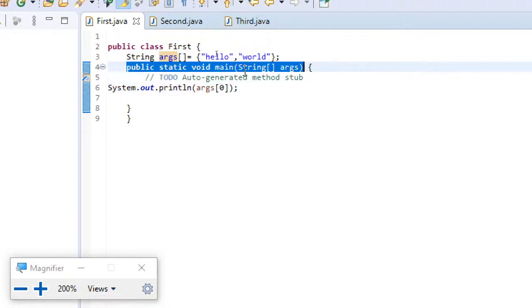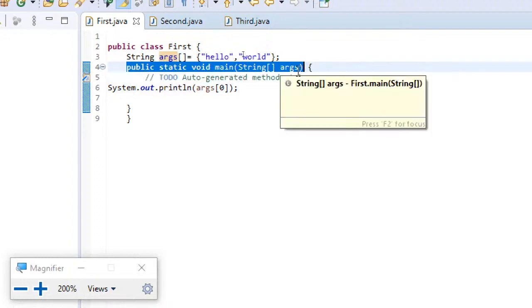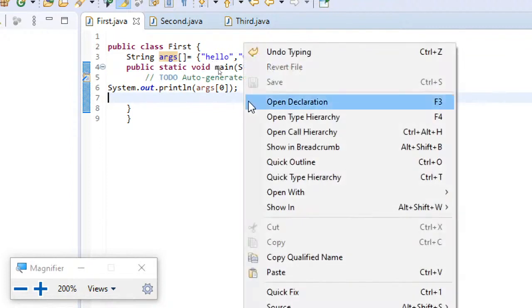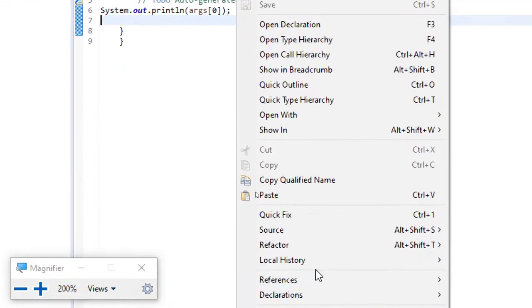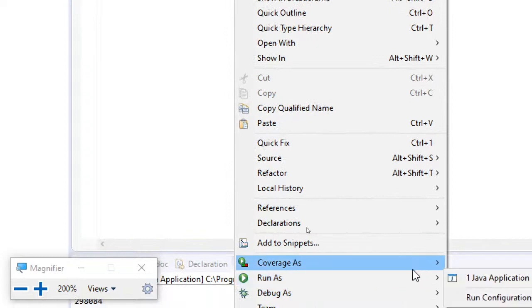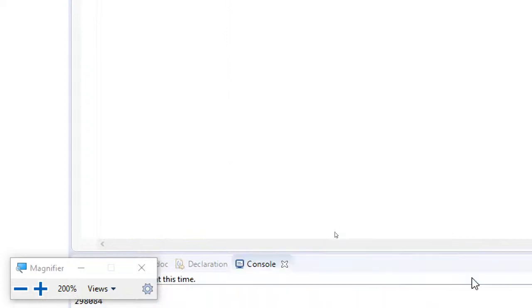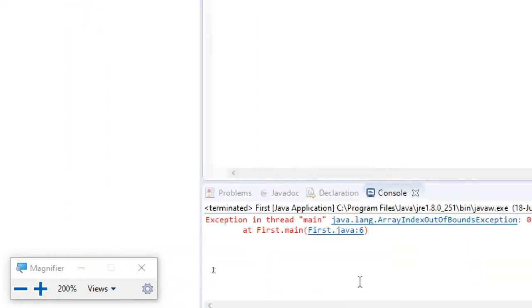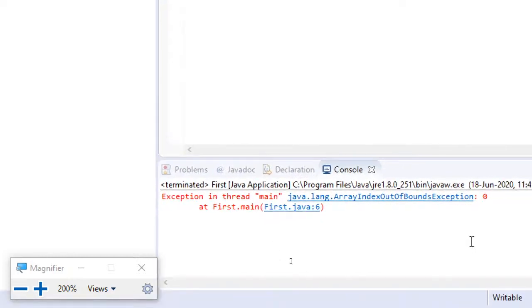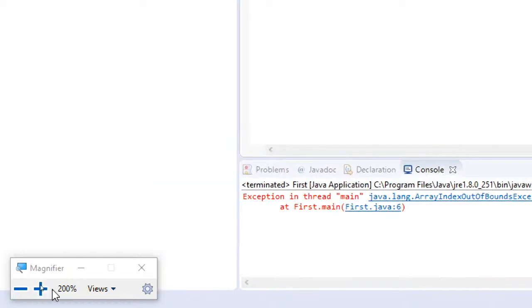This string args is the local one, and now I'm trying to print args of 0. I just want you to guess the output in your mind before I run this. Now I'll run and show you. I don't know how many of you already got the correct answer in your mind. So run as Java application. You can see an array index out of bounds exception.